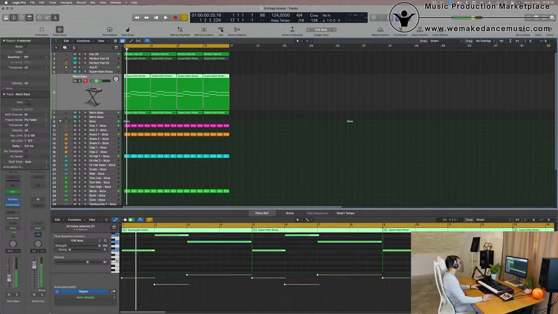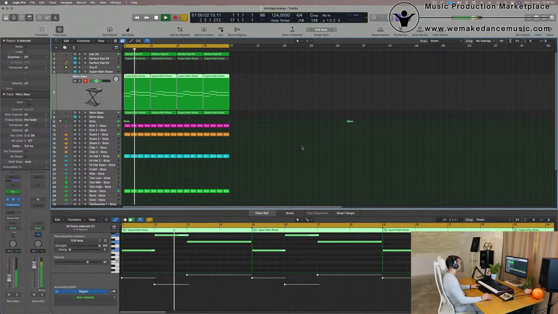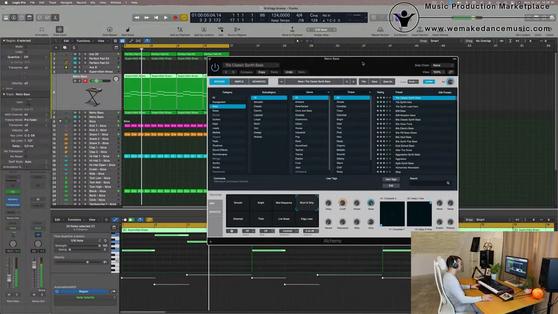So for now, I'm going to check out this little arp here, which is quite bassy. It's nice. I'm going to check if we can make it a little bit better. It's groovy, I mean, it's quite a bit of noise in there. It's interesting. A bit of a delay, I think, would work well. It's not the main element, so